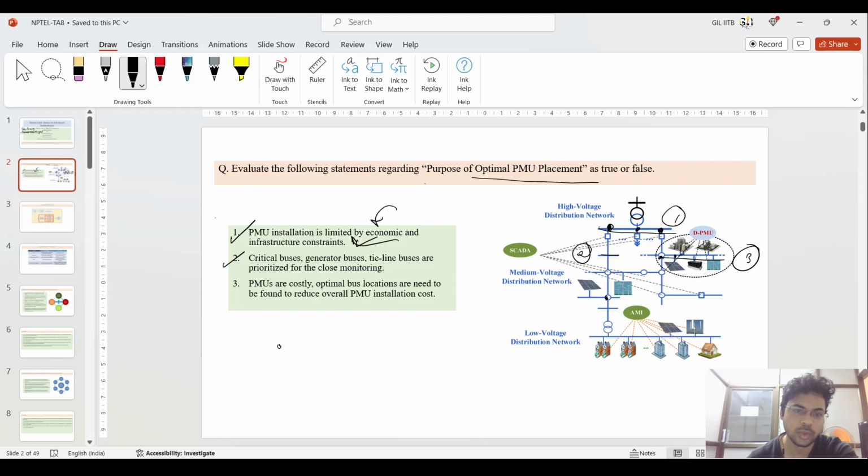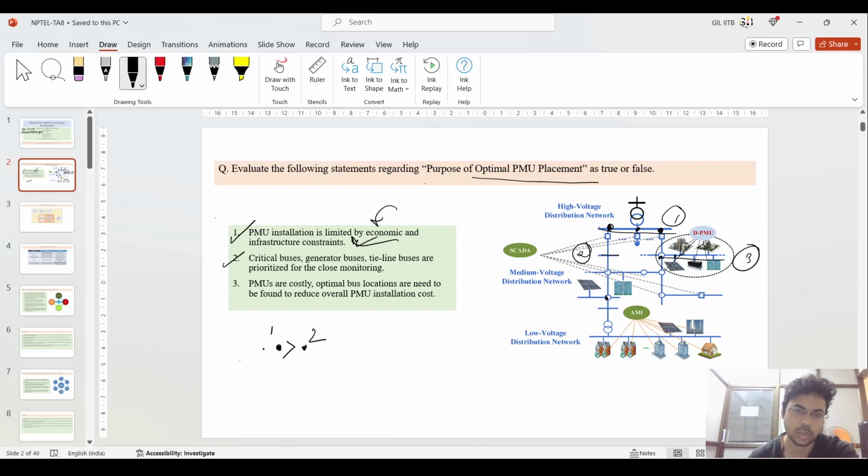Why? Because the critical buses are such that they are prone to fault levels. Suppose there are two buses, 1 and 2, and through past experience the first bus is more prone to fault as compared to bus 2. So bus 1 is given priority as compared to bus 2,